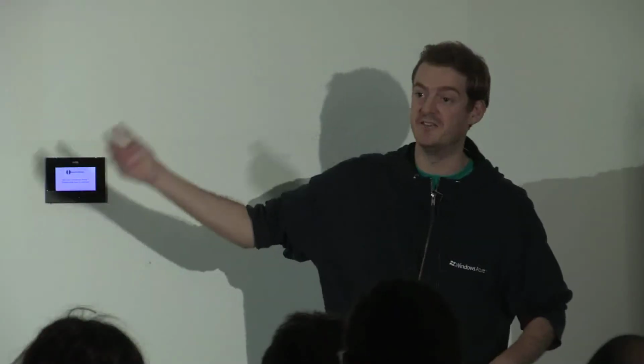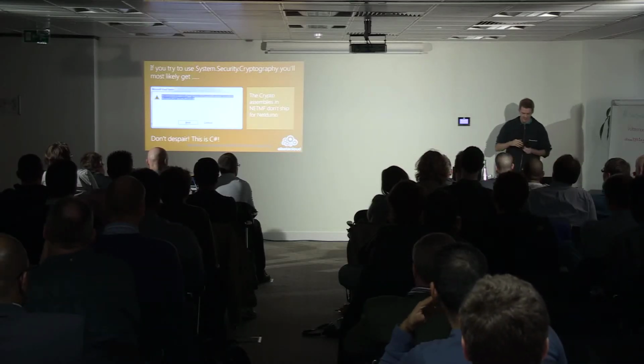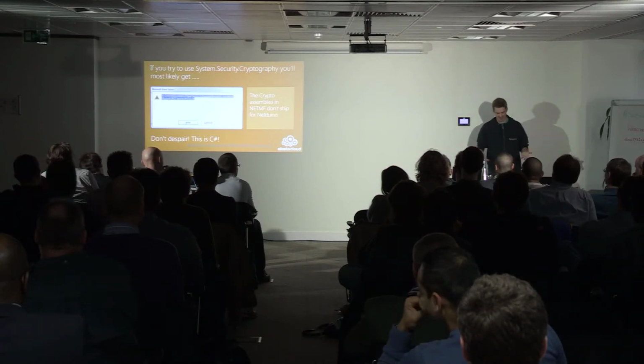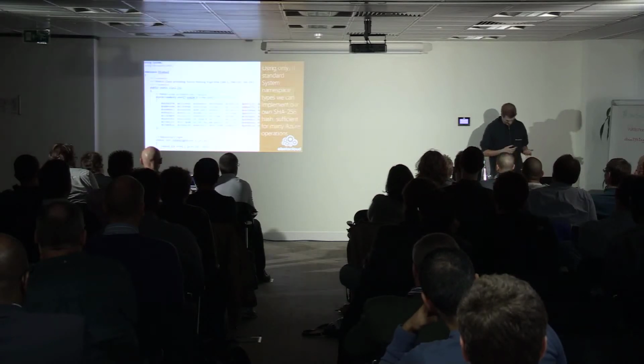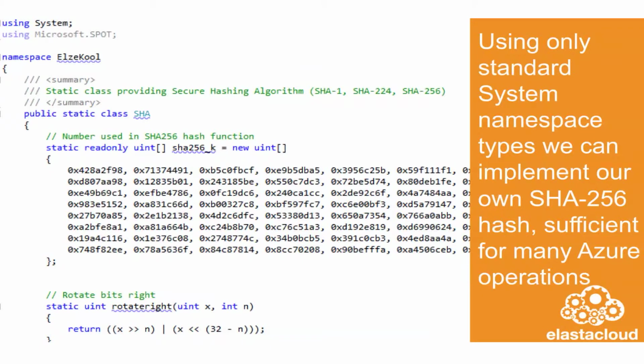So what do you do if, for example, you're trying to communicate with the cloud? The cloud uses a SHA-512 hash to authenticate requests going up. Well, it's C# or VB if you're a lunatic. You can just write your own implementation of the SHA algorithm, which sounds a bit like a nightmare. Luckily, there are actually implementations out there that you can just take off the shelf and plug straight in. So I use this one from Elastacloud, who's a Norwegian chap.